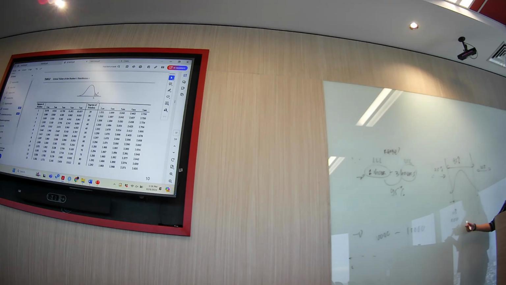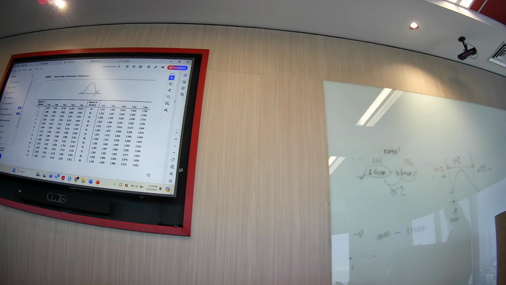0.025. Yeah, this one. So you can see in the table that the t is 0.025, and the degrees of freedom depends on the data. If the sample size is 15, then it is 15 minus 1. Maybe later on you will see the real application of this one.